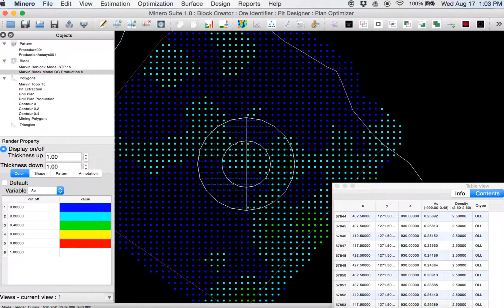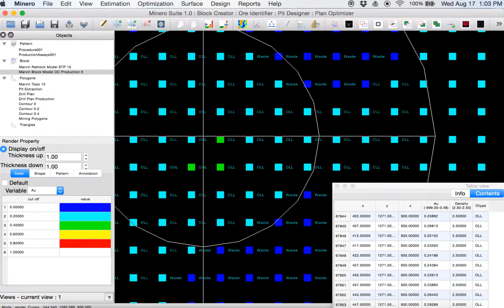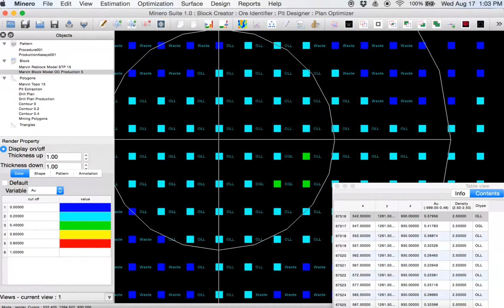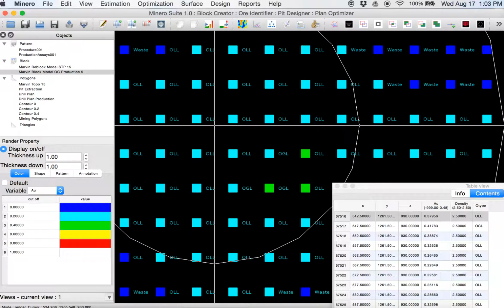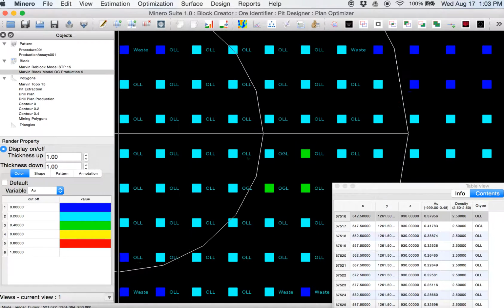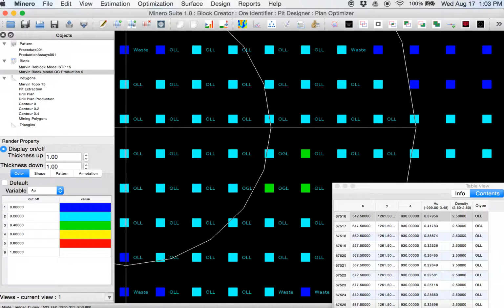So now this is how the deposit looks. We can go very granular on the block by block level, and also annotate what the routings are for these particular blocks.